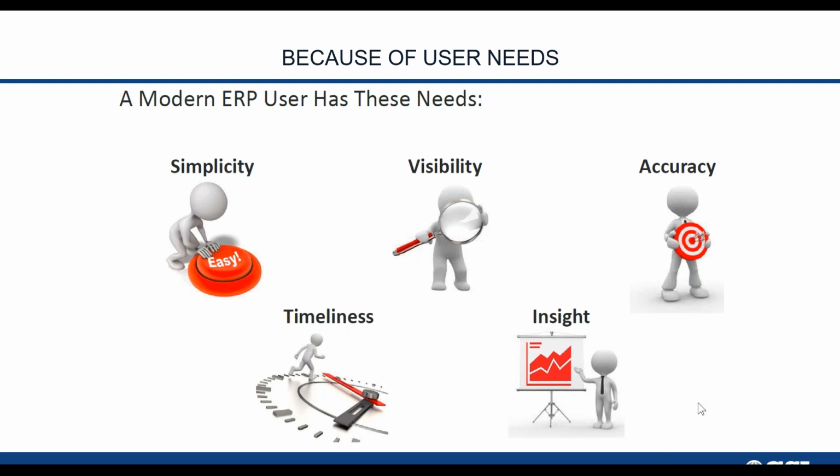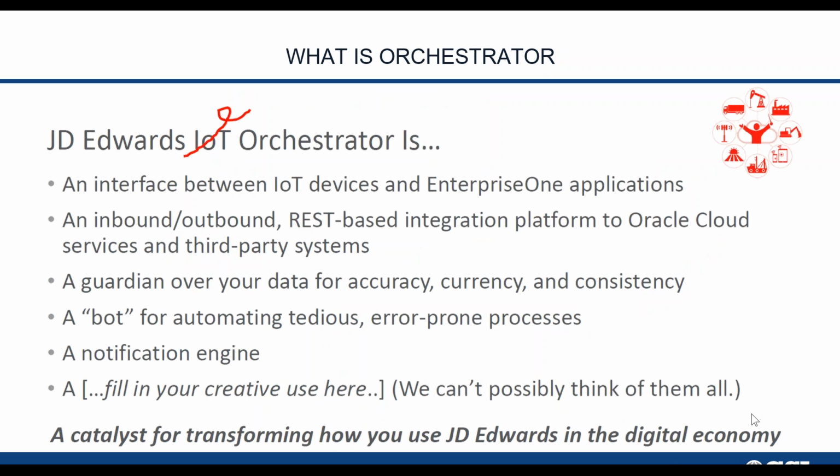So when we think about Orchestrator, it started many, many years ago, and Oracle branded it as the Internet of Things Orchestrator. It originally came about to be a machine-to-machine type of service where it could take data from one machine into another machine and into JD Edwards applications. But it's gotten beyond that now. Now it's an inbound, outbound type of process built on the latest technology, REST services, and it can talk to other cloud services or other third-party systems,